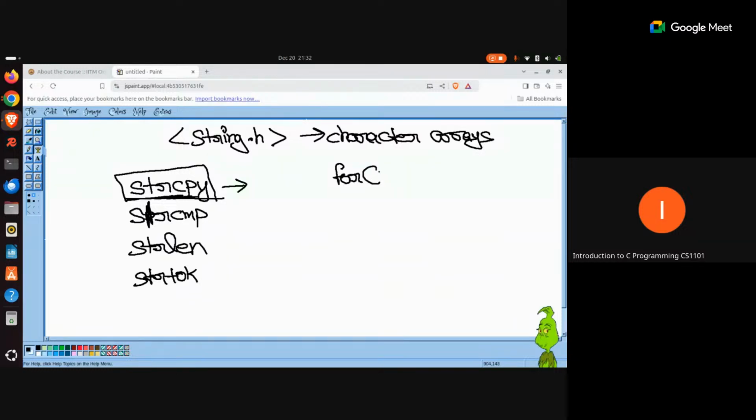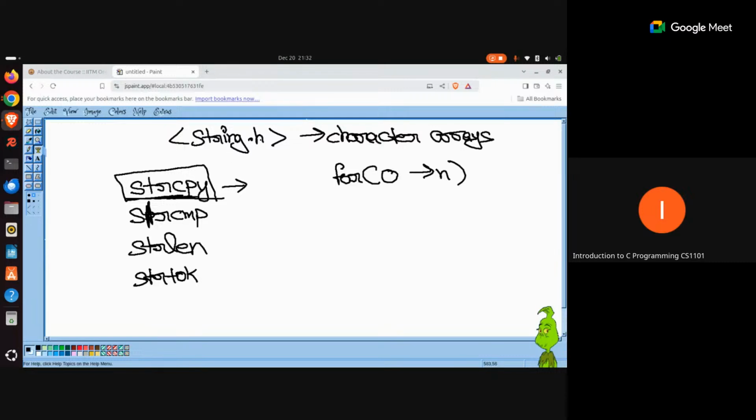You will have to parse that character array from index 0 up to its length and keep adding those values into a new array. So you will have to write this custom logic by yourself in case you don't have access to the string.h library.